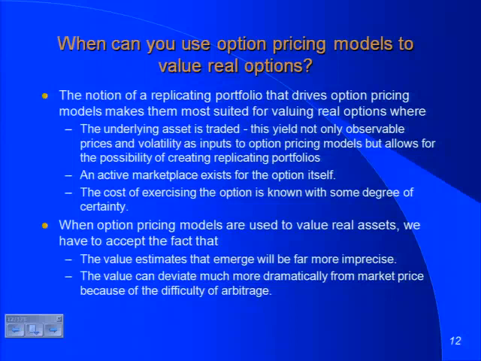If you have 2 investments with the same cash flows, all that arbitrage is saying is, hey, they have to sell for the same price, because if they did not sell for the same price, you'd buy the cheaper one, sell the more expensive one, lock in the profit, and because they have the same cash flows, you have no risk. Replication and arbitrage are the two foundations on which option pricing models are built.